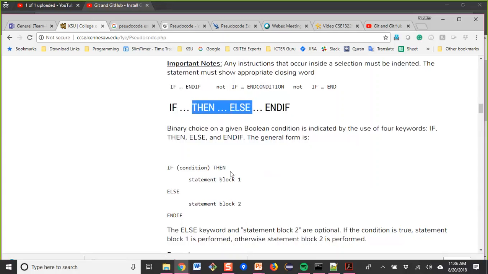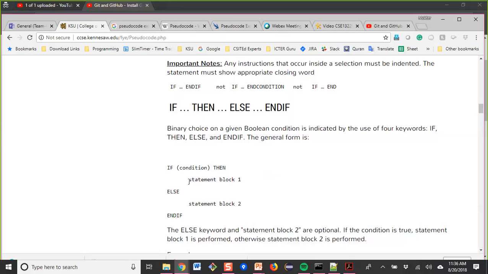For instance, a binary choice of a given Boolean condition is indicated by the use of the four keywords if, then, else, and end if.